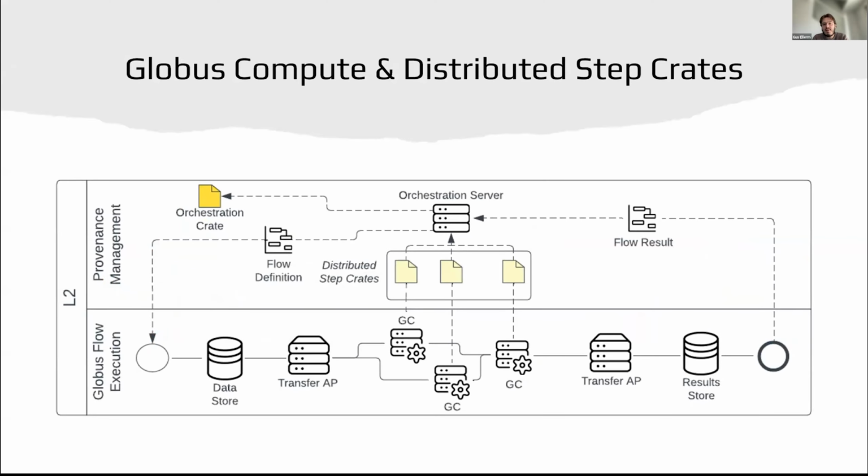So putting this all together, we have a Globus Flows with Compute architecture that generates discrete provenance information in the form of distributed step crates, automatically manages that resulting provenance information and transfers it to a management server, which then collates our final provenance record, which we call the orchestration crate in the image over here. And then this orchestration crate is ready for handoff to the programmatic article layer for use in some dynamic document